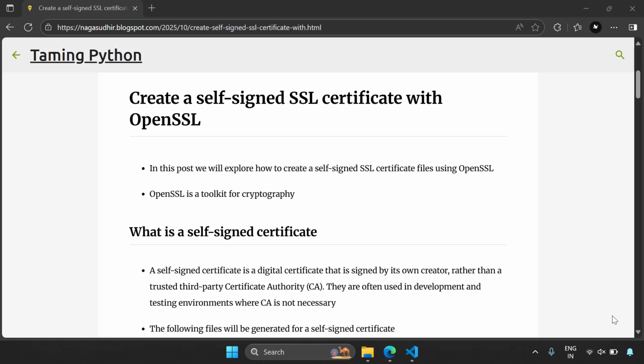Hi friends, in this video we're going to talk about how to create a self-signed SSL certificate with OpenSSL very